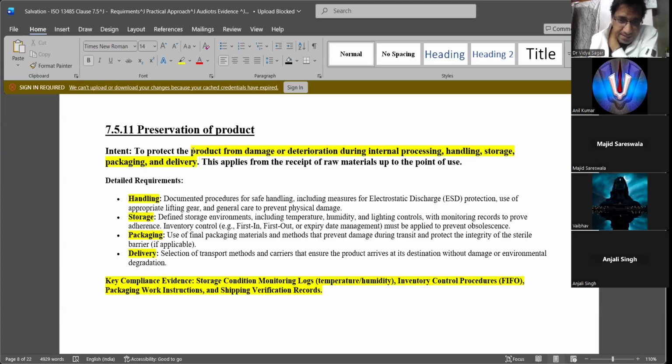Okay, how you have stored it. And also the complaint samples, rework samples. All this has to be, I mean, this is something where you should know how to preserve at what temperature and humidity conditions, all that. And for everything, you should have logbooks. You need to enter them in detail.